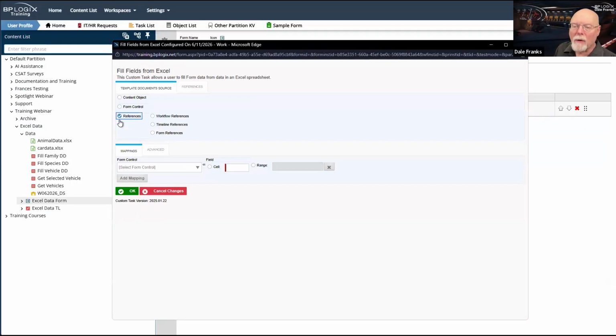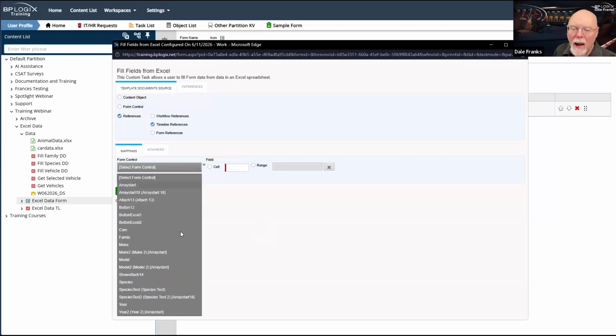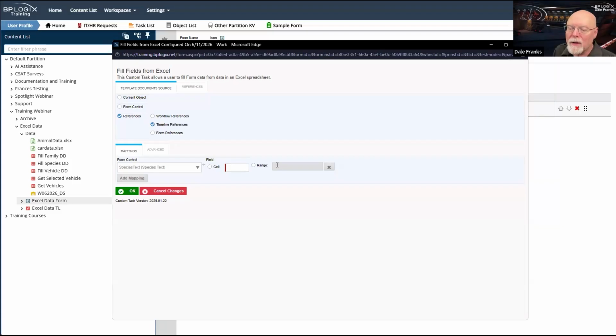We're going to use a reference. It is going to be a timeline reference because it is going to be an attachment. And we are going to map our species text field to, I could do this a couple of ways. I could do it from a range. I can do it from a cell. We're going to do it from a cell.